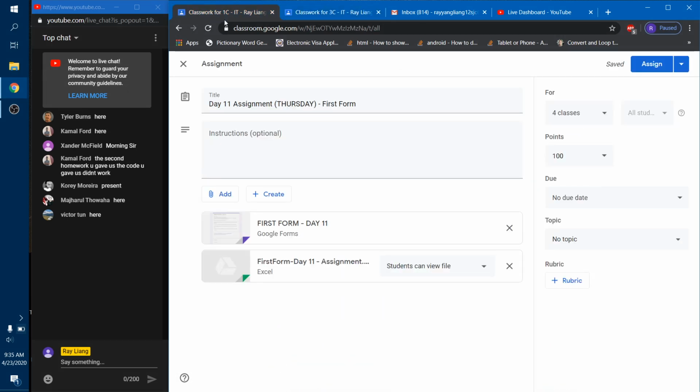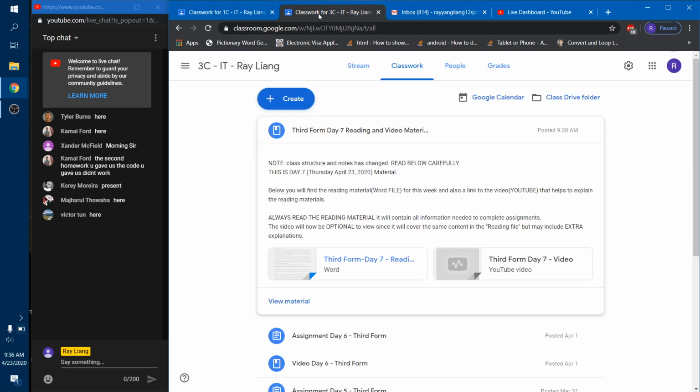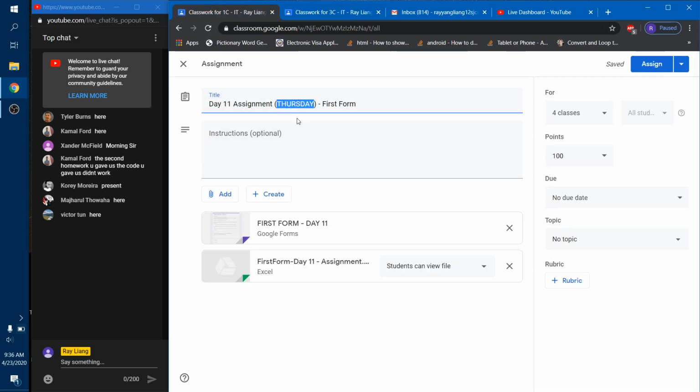Here is a preview of how an assignment will look. I'll title it based on the day as usual, calling it assignment, and I'll try and put the day Thursday in its name just to be clearly showing that, okay, Thursday, that's definitely an assignment. If it says Tuesday in the brackets, then that's the reading material for that week. I'm continuing with the day scheme that I said I would. So today is day 7 for us.